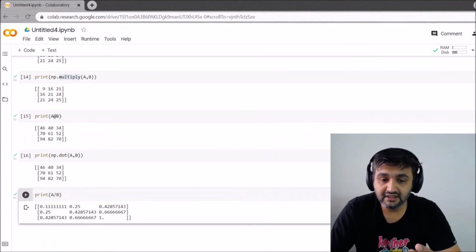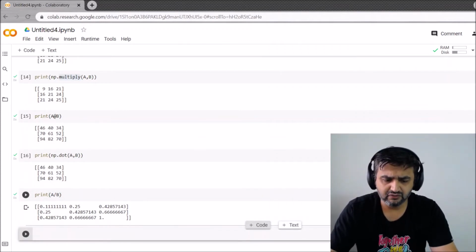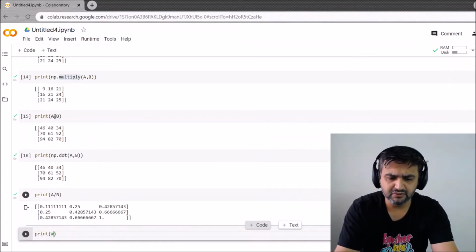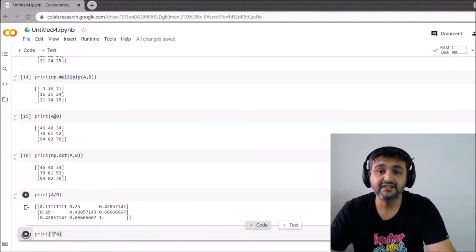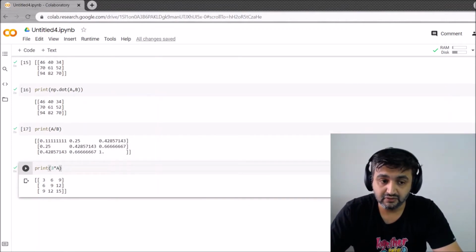Another one is the scalar one. So scalar one is also very straightforward. You simply multiply it by numbers. Suppose 3 into a. So what it will do, it will multiply each entry of a by the number 3. So the first row, if you observe, it was 1 2 3. When you multiply by 3, it becomes 3 6 9. So you are multiplying each entry by the number 3. So this is a scalar multiplication. Good. So we saw 6 operations on this.